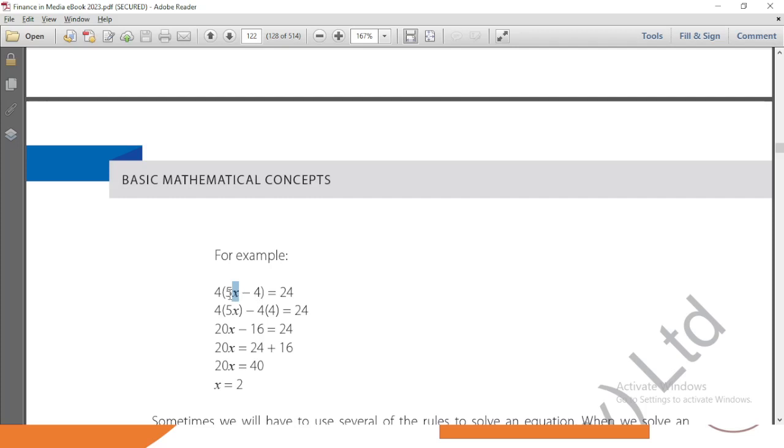And when you're solving all of these things inside the brackets, you still go and apply the BODMAS rule again from scratch to ask: inside the brackets, do I have another bracket? This time we're going to have brackets inside the brackets because we'll be replacing x by 2, meaning we're going to have 5 multiplied by 2, which gives us 10. From there, we move to addition. We don't have division, we don't have multiplication, and we don't have addition, and lastly we've got subtraction. So it's 10 minus 4, giving us